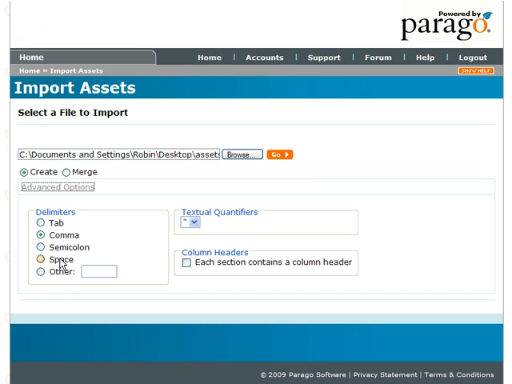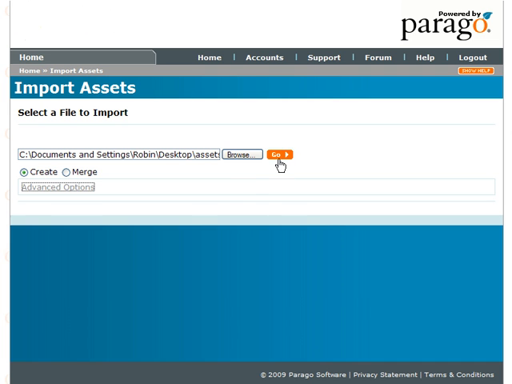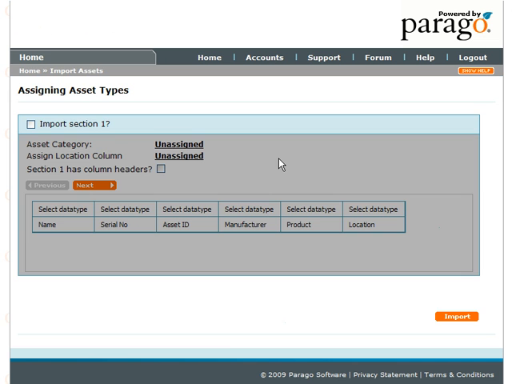If this were the case, we would select the Other radio button and enter the desired delimiter into the text box provided. Textual quantifiers allow characters such as the selected delimiter or new line characters to be embedded into the asset information. These are limited to either single or double quote characters. Now we've chosen the format for the file to be imported, we can proceed to the next step. If we click Go, the file will be processed by the importer and presented to us to complete the setup